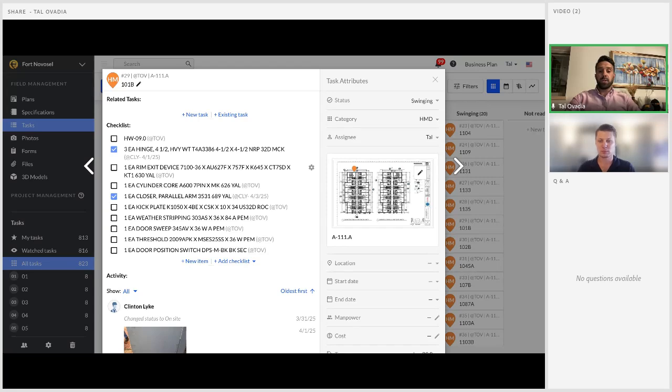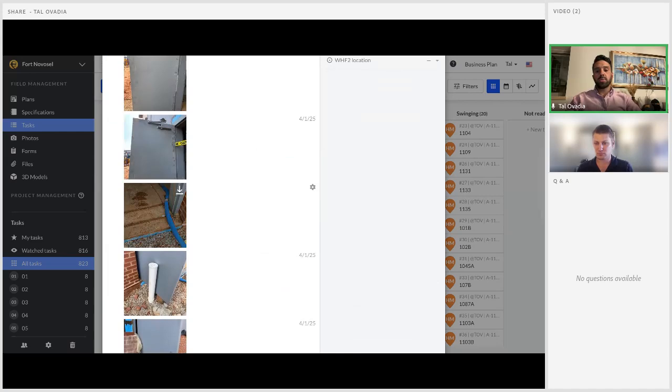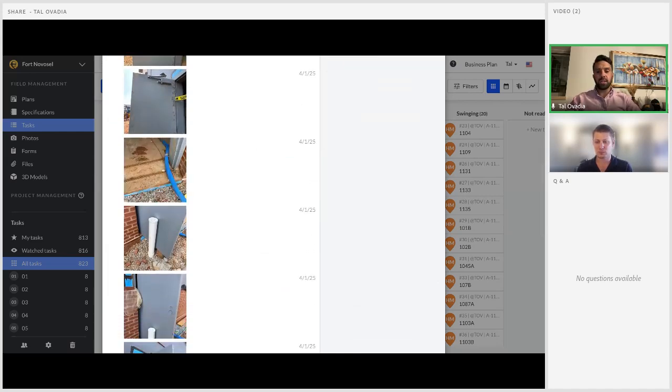And that becomes super useful along with another feature that I think Kevin wants to get into, which is photos. Knowing the timestamp and when things were done, as well as having photo backup associated with the task, is just super, super helpful in my communication with GC project managers, in giving them status updates and identifying issues on projects.